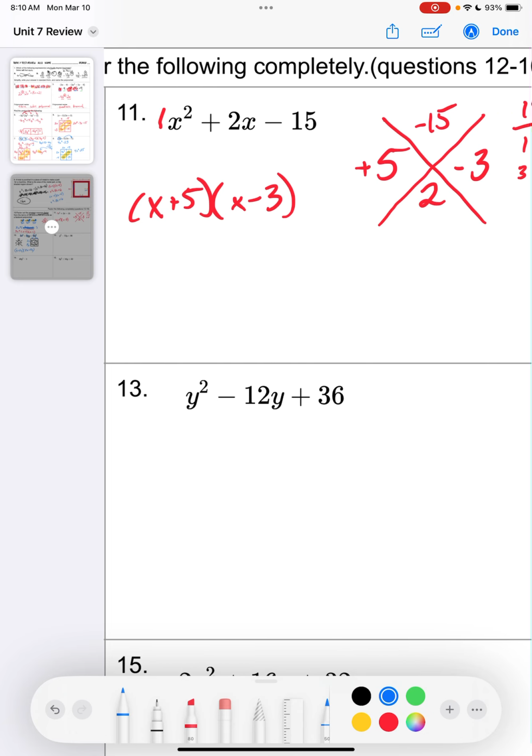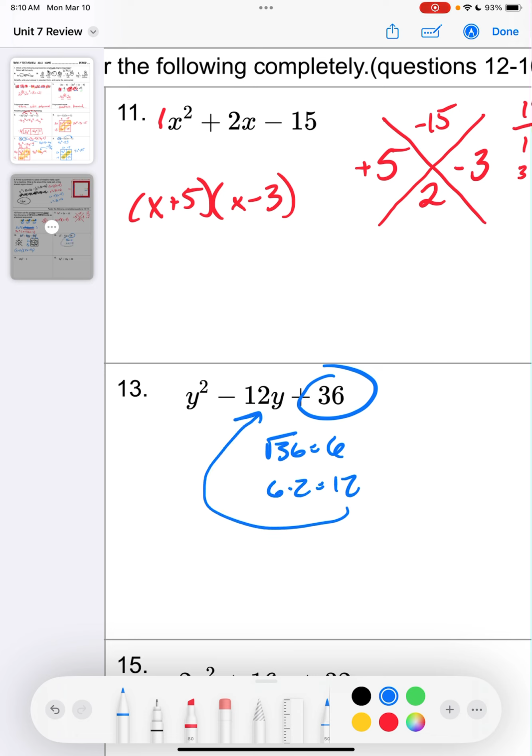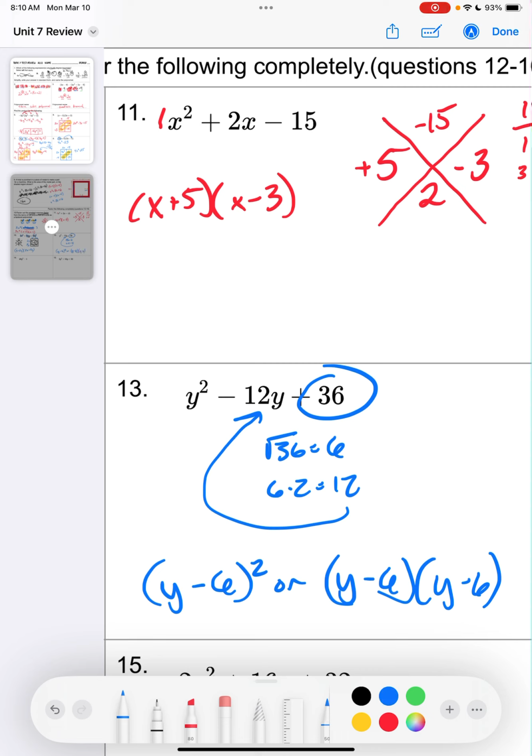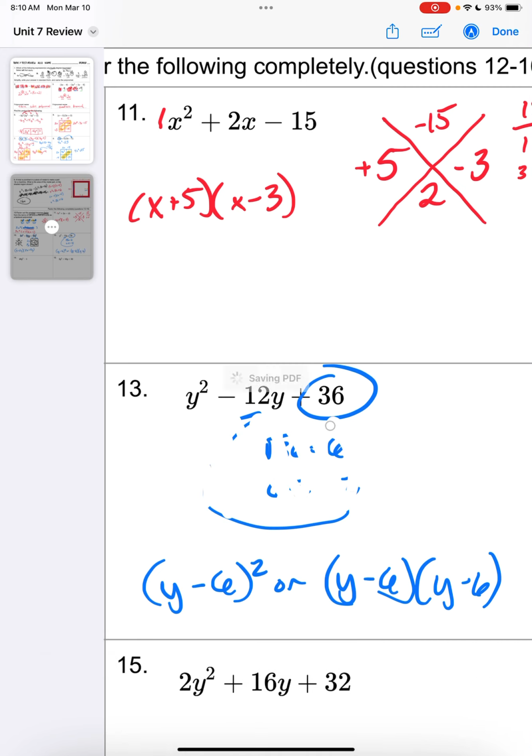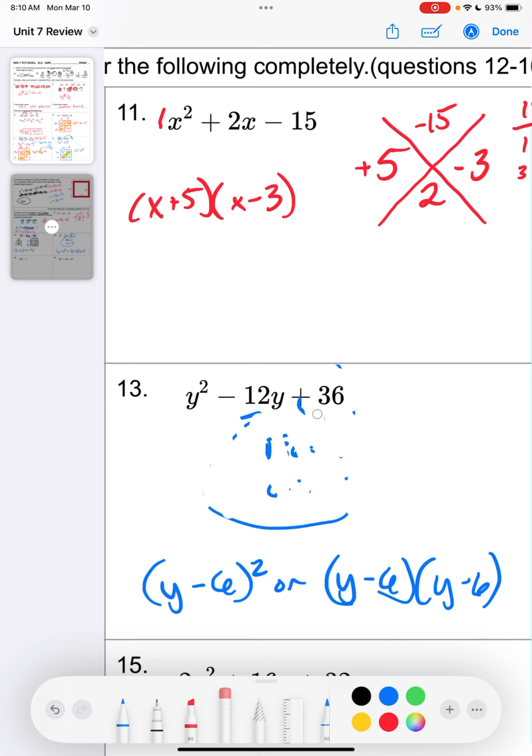13, we see positive 36 here. I know that the square root of 36 is 6, and I know that 6 times 2 equals 12. So I actually see that this is a special case where I'm going to be y minus 6 squared, or y minus 6 times y minus 6. Again, without that recognition, we would be fine